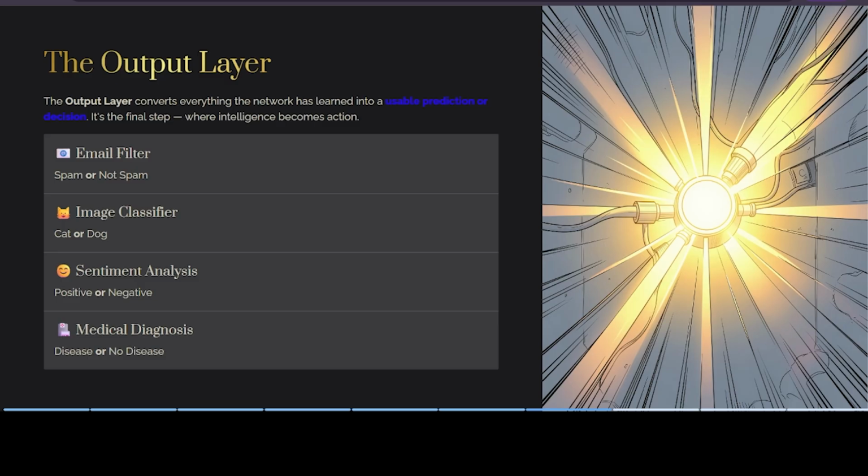For example, binary classification: binary means two. If you want to decide between two choices, like spam or not spam, or dog or cat, the output layer has a single node.